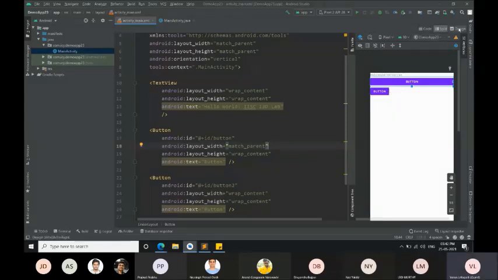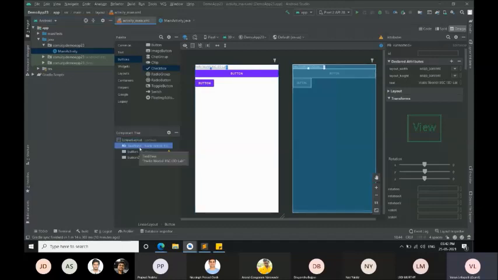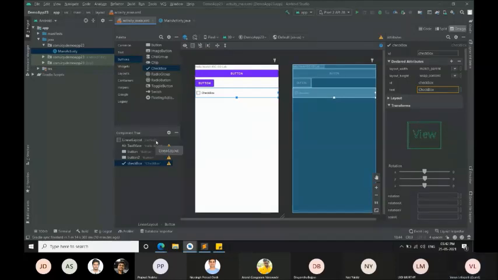So in order to differentiate, I'm using the two things here. So let's go to design because code makes me afraid. So yes, this is the linear layout we have. It gave us a text view. I have dragged and dropped a button, and one more button. Now I am drag and dropping a checkbox. So I got a checkbox over here. So how to manipulate these components?